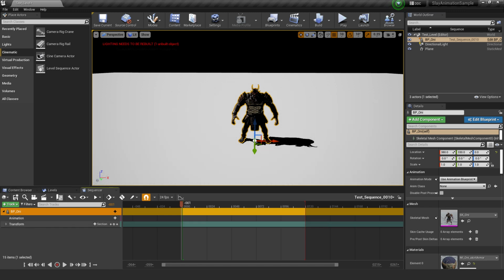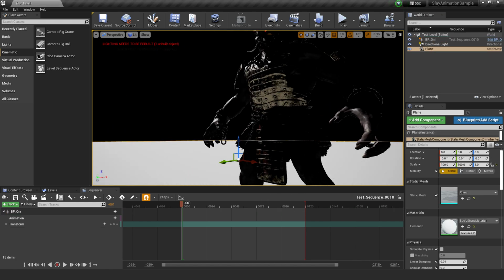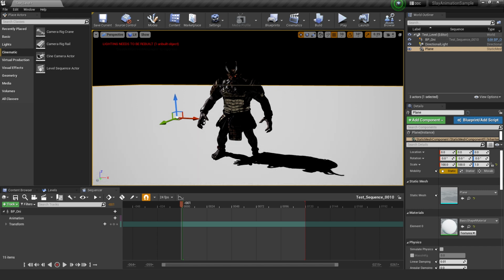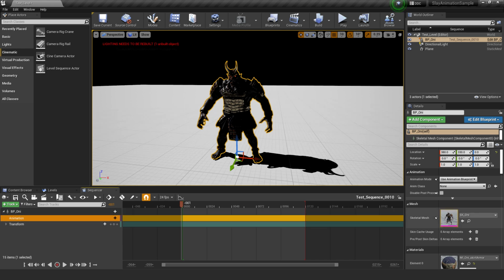And there is also a third method, which I'll go over in a second, as we just introduced him into our sequencer. Now we should also add some stuff to him, because right now he is static and isn't really doing anything. If you have opened up this project before and gone through it, you should know he has animations. And even if you don't, because he is a skeletal mesh that is rigged and ready to go,